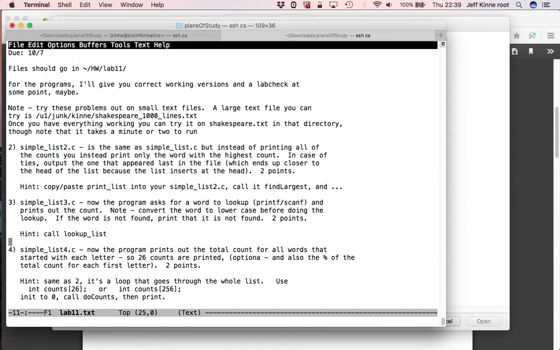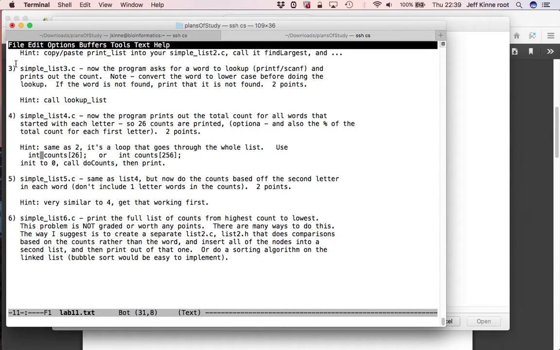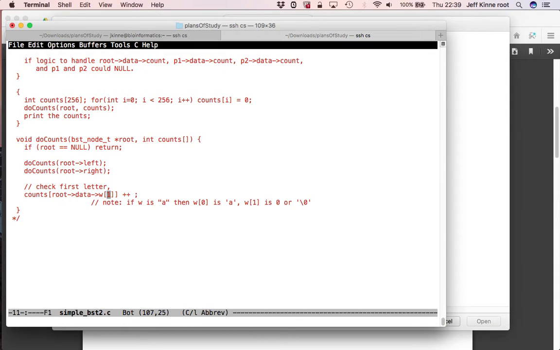Alright, simple 4 is going to be another one. Take your answer for number 2 where you loop through, but now you're going to look at the counts inside of the loop. And looking at the counts will be very much like from the binary search tree. So in the binary search tree case, when we were looking at the counts, okay, we had root data. This was where we do our looking at ourselves in the binary search tree case. In the linked list case,